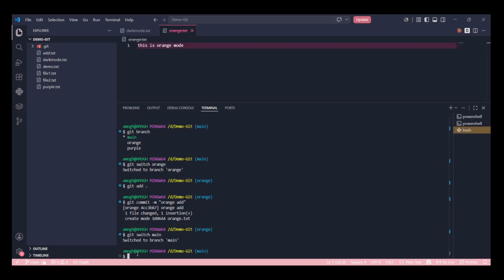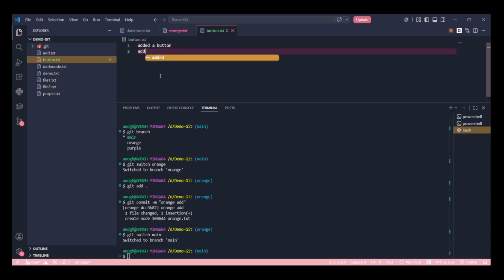And here, suppose I'll add one thing called button.txt. See, added a button, added a color, something like that. Okay, now I'll commit it.